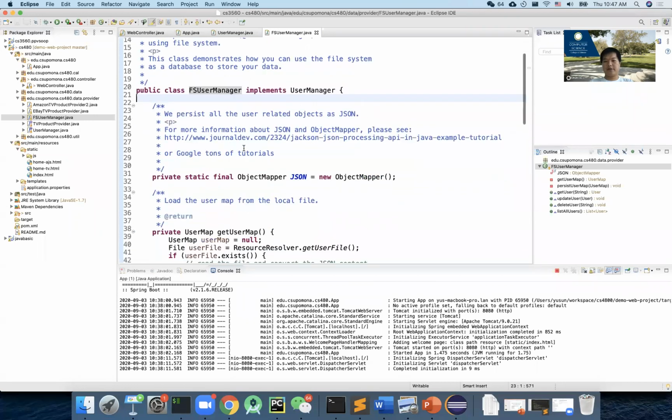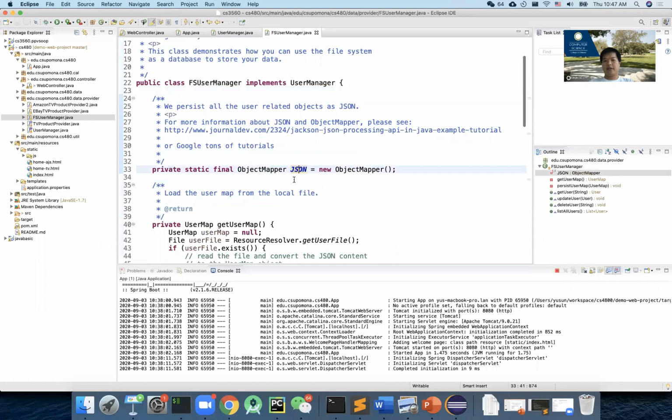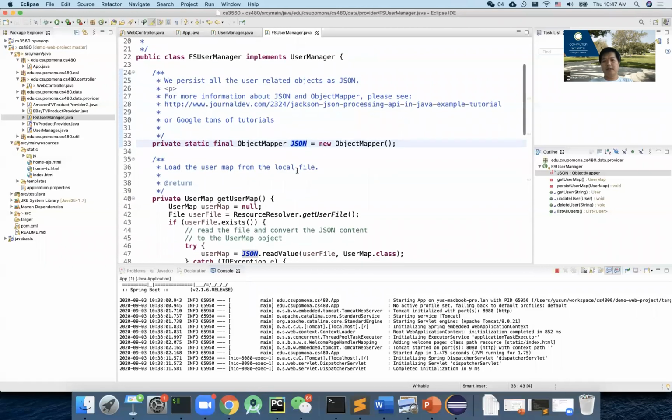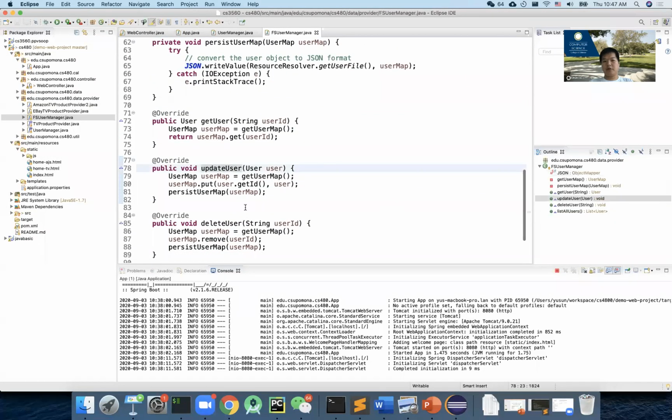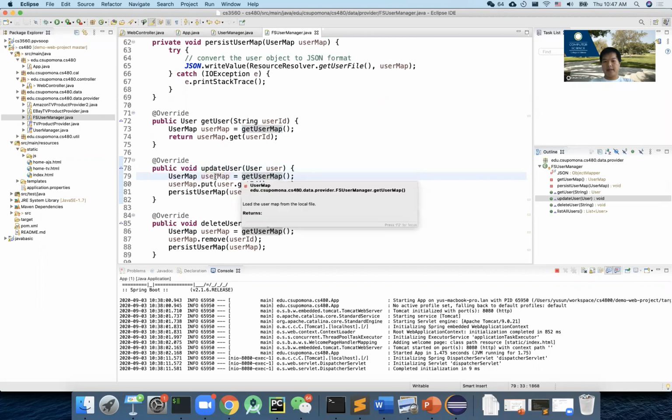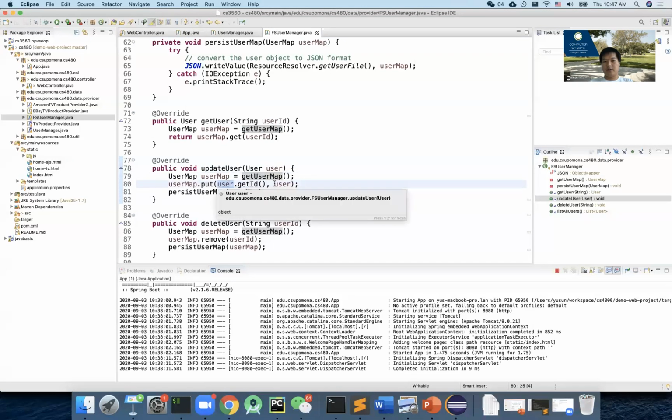All right, so I actually save everything into JSON. This one here uses a JSON object mapper that translates an object to JSON or parses JSON back to an object. But anyway, let's take a look at that method, something called update user, this one here. This is the one we just called. So if you have this new user, you're sending it here, what it does is it tries to get a user map